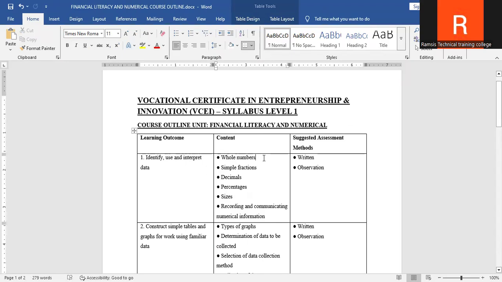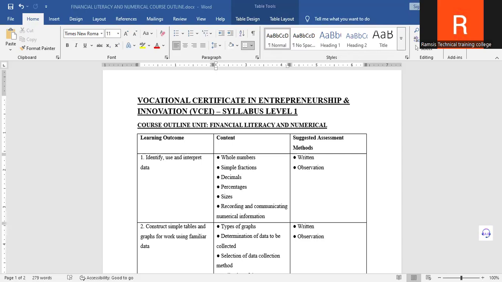That is, you need to know the whole numbers. You need to be able to understand the whole numbers. So basically, the aim of this unit is for an entrepreneur or the small trader to completely be able to identify and be able to interpret business